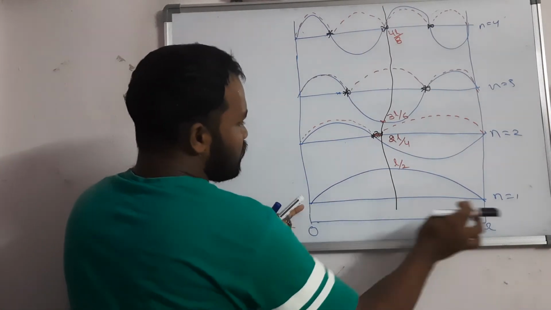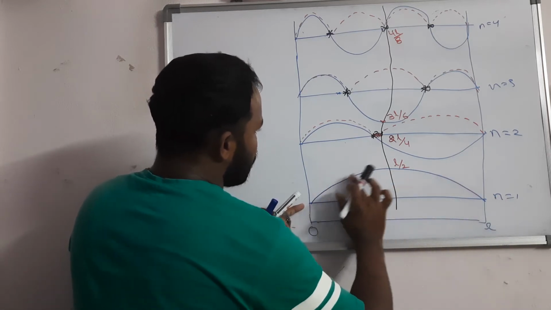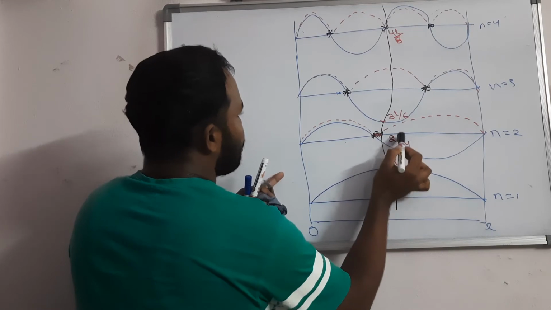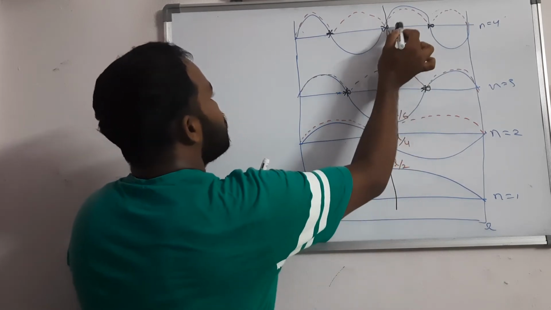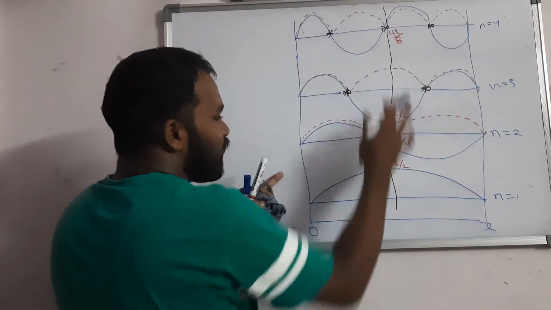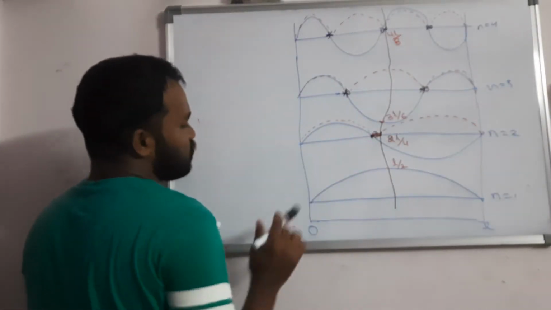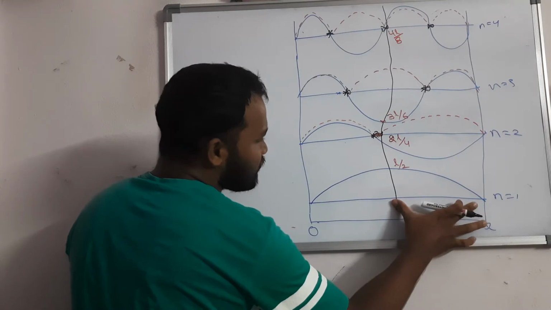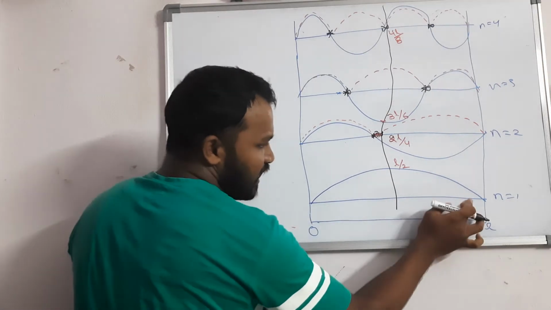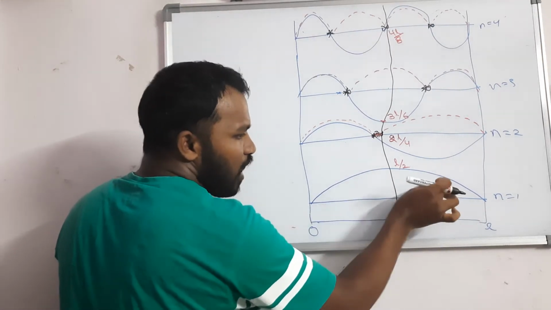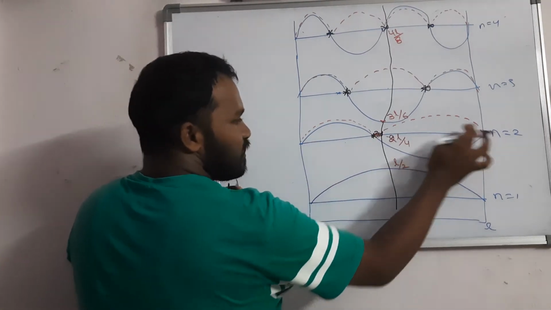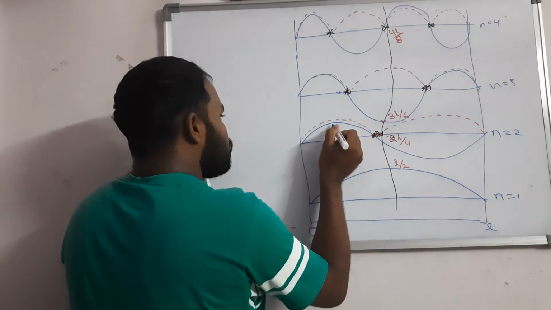This is 0, this is L. You are doing half, that is L by 2. Here also, 2 ones are 2, 2 twos are L by 2, 3 ones are 3, 3 twos are L by 2. So 4 ones are 4, 4 twos are L by 2. All are exactly L by 2. Here the value is half of the part, total part is L, right? Total part is L, so half part is L by 2, half part is L by 2. So if you will write,